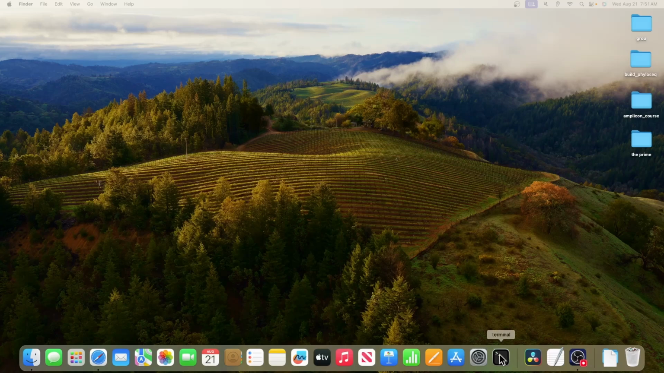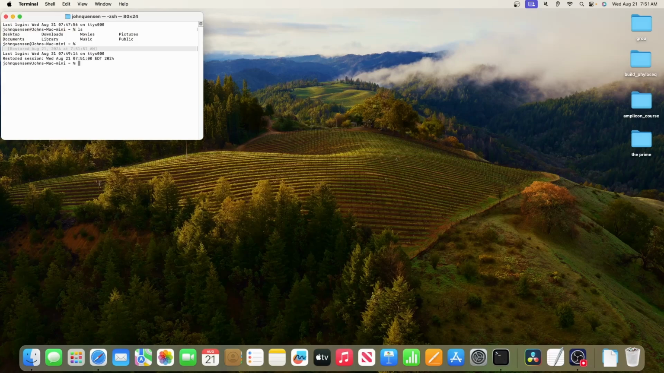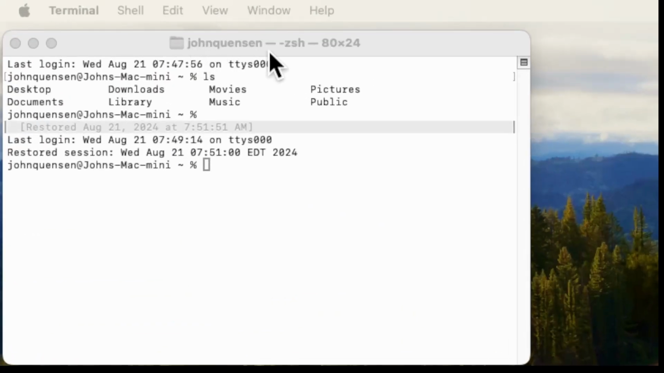If we open the terminal on our computer, we see that by default on a Mac, the scripting language is ZSH. Because we will be using Bash for our scripts, we need to change this to Bash. The easiest way to do this for our user account, and mine is John Quinson, is to enter